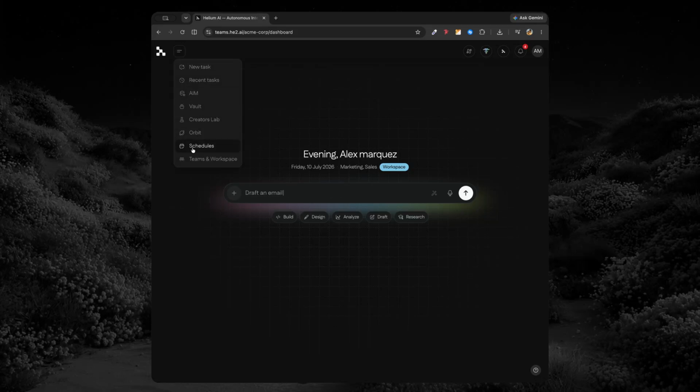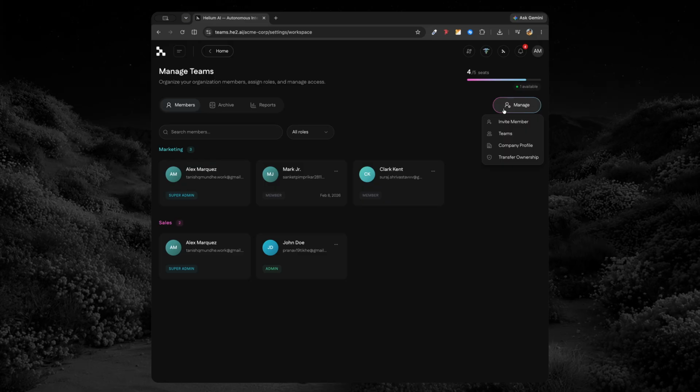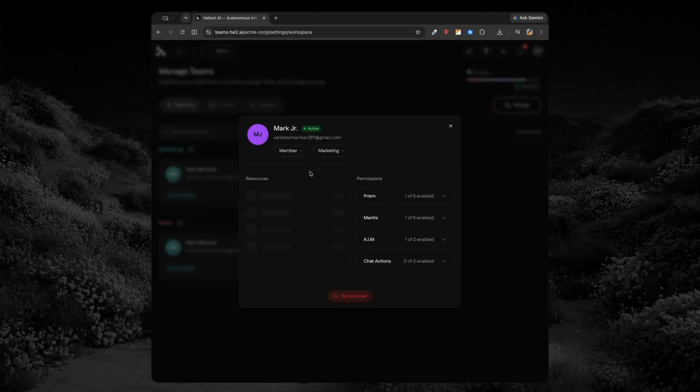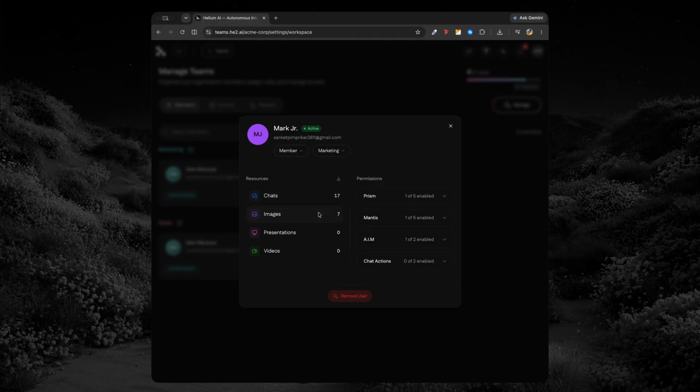Workspace management gives administrators complete control over their organization from a single dashboard. The Members tab lets you manage users, organize teams, assign roles, and control access across the workspace. Open any member to configure permissions for every Helium module and monitor their resource usage, including chats, images, presentations, and